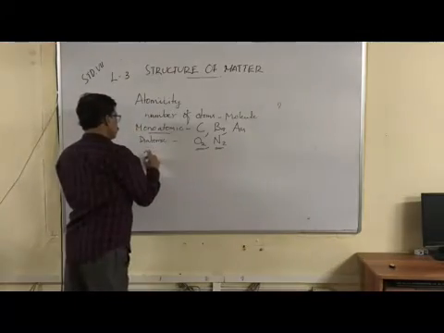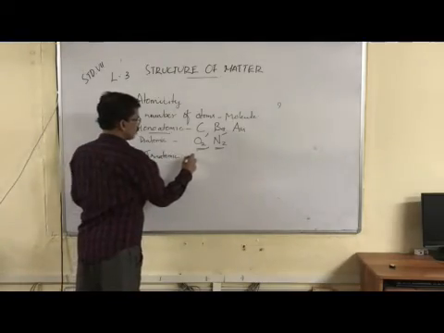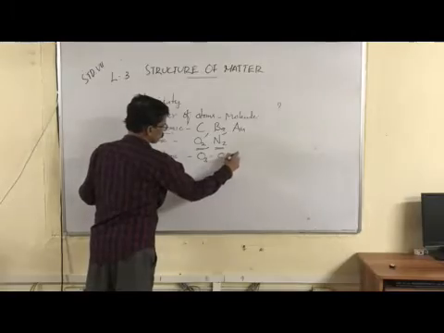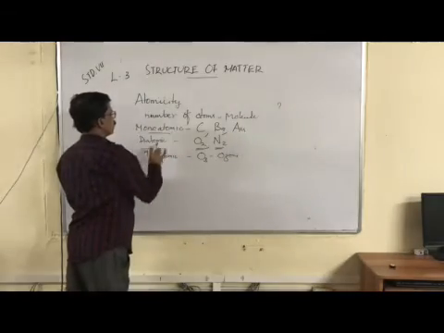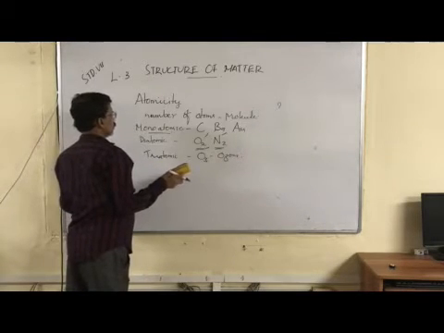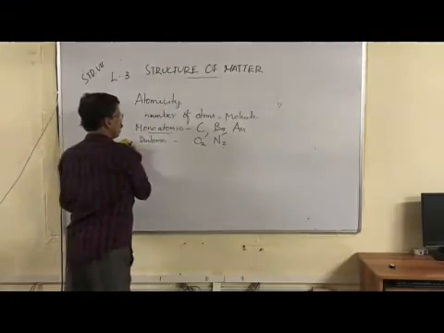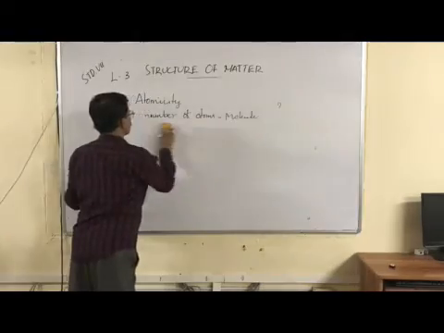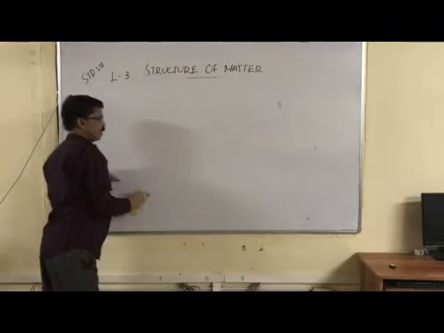Now there are triatomic as well. Triatomic, there are three atoms. For example, O3, that is ozone. So there are three ways we can identify this atomicity. Atomicity can be monoatomic, diatomic, and triatomic. It is the number of atoms present in the molecule of an element.